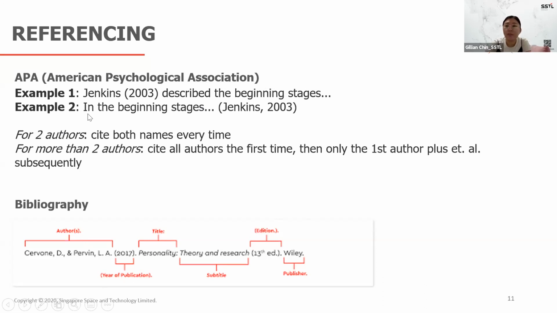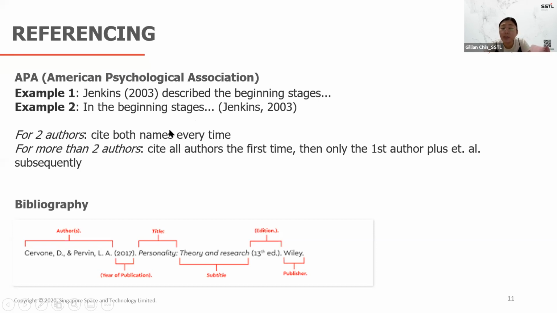If you are referencing a part without mentioning the author, then you need to write Jenkins. If there are two authors, you should cite both names every time. For example, Jenkins and Lee. You will always need to say Jenkins and Lee,